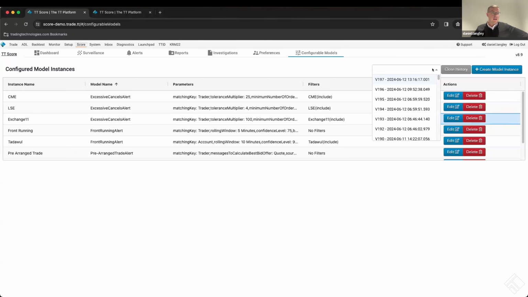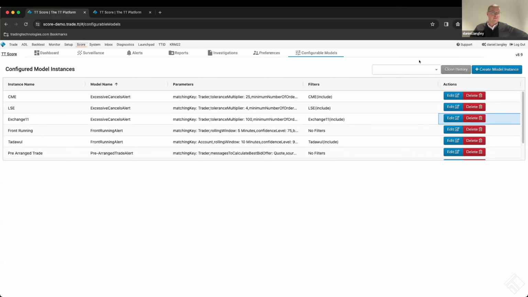Across here, you've got a drop down which shows you the full history. So we have a full audit trail of any changes that are made to any of the parameterized models throughout the whole life cycle. So in the event that you wanted to go back to a previous configuration or review any deltas in changes for models and parameters, you can do that all from the front end, as you wish, as opposed to having to come to us and ask for that kind of information, all available from